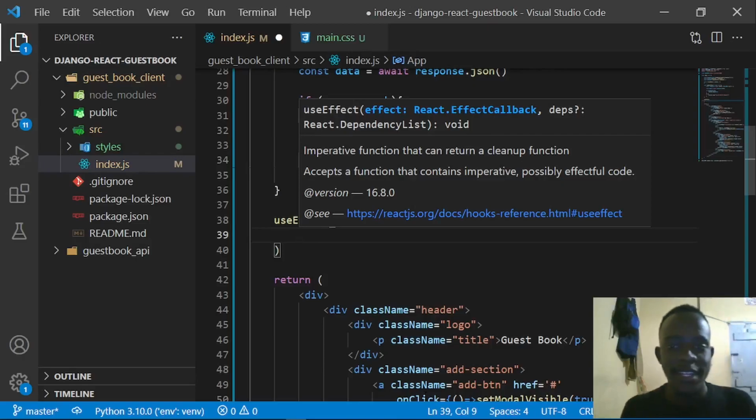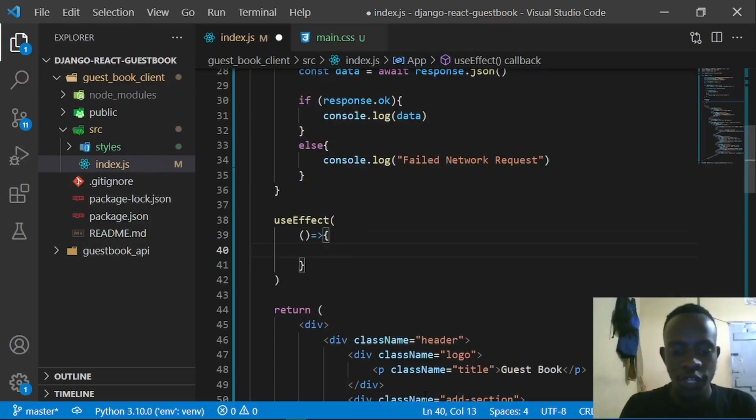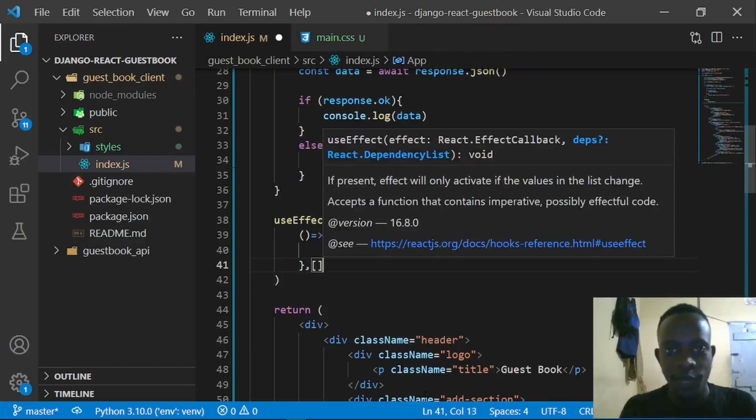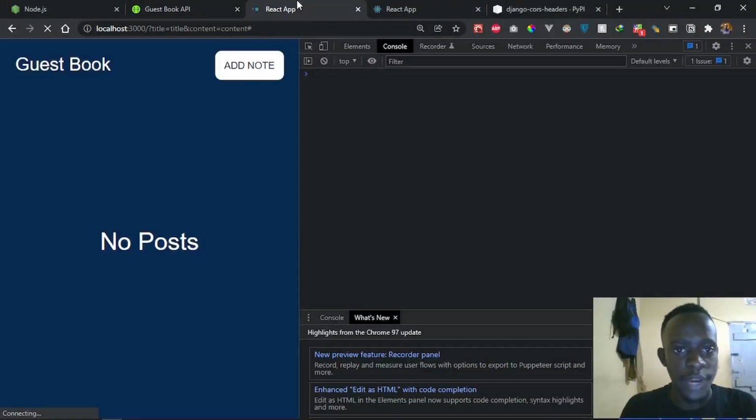It takes in the effect, the function that we want to run each time we render our component, and the next thing is going to be our dependency list. So I'm going to create that function. This function is going to execute our getAllPosts function, and we're going to have an empty array of dependencies. So when I save this, I'm going to head over to our guestbook React app right here,